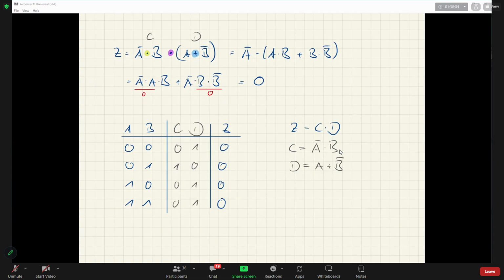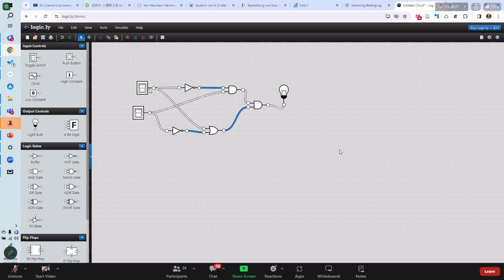And even if you want to check, you can do that easily with our algebraic tool. So here I have A not and B, and